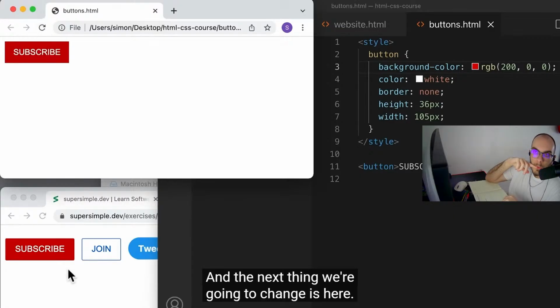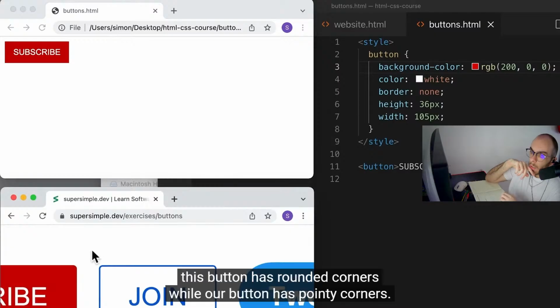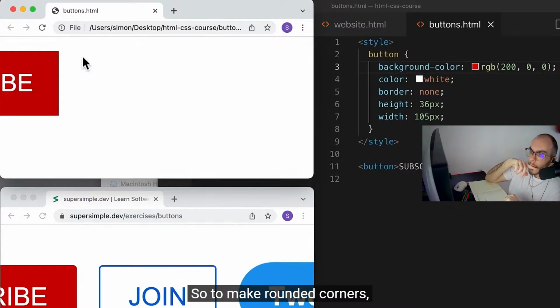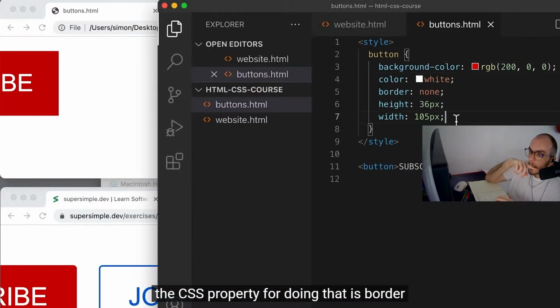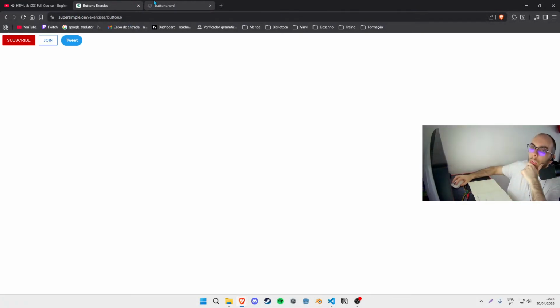And the next thing we're going to change is, you might not be able to see it, but if we zoom in here, this button has rounded corners, while our button has pointy corners. So to make rounded corners, the CSS property for doing that is border. For that,